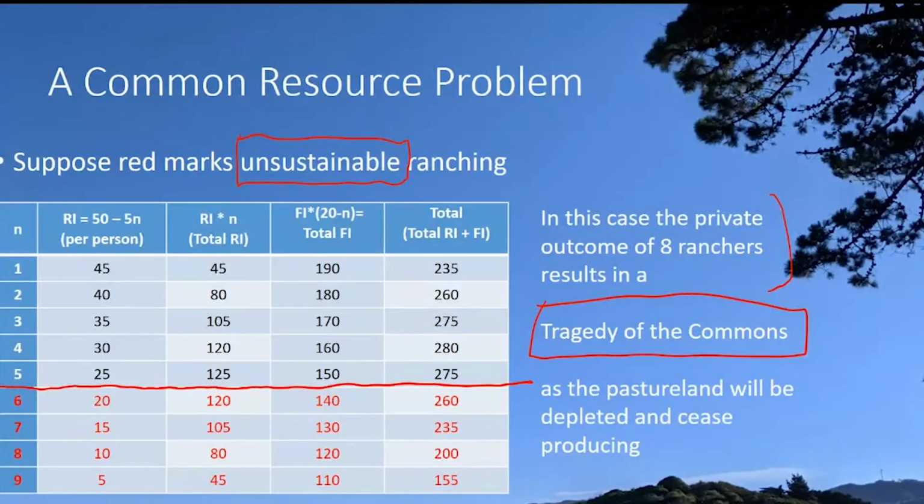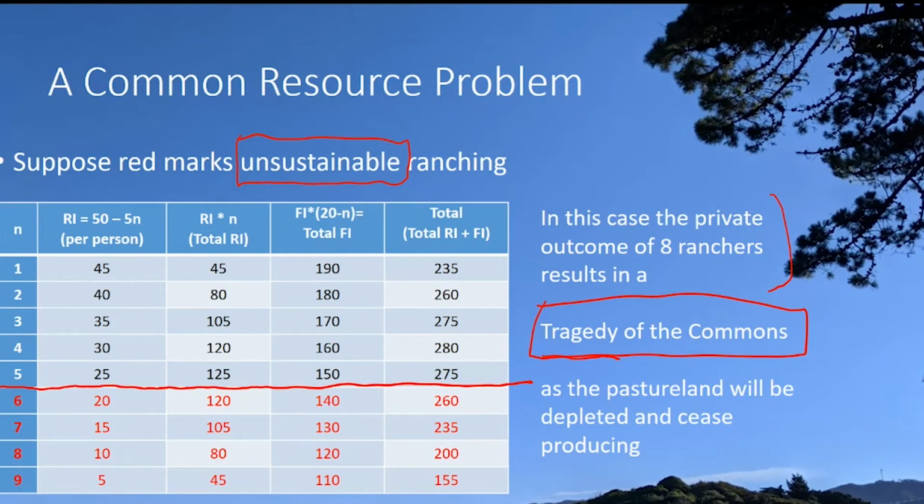And the tragedy of the commons is this result where the fishing grounds are overfished, the pasture land is overgrazed, the river is overtapped for irrigation, to the extent that it just diminishes completely and it's not available for anyone to use. That would be a tragedy, because the resource is no longer available. And it's a tragedy caused by this commons problem.